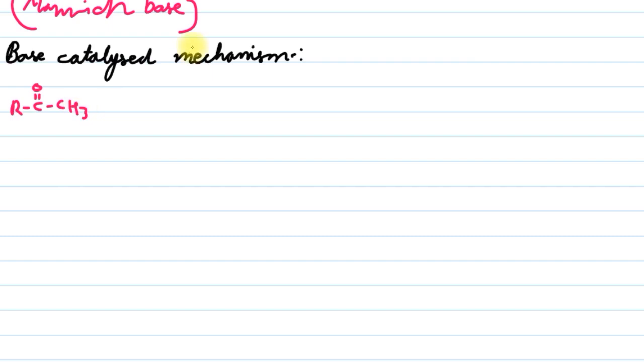This is the ketone, and it is treated with sodium ethoxide base, C2H5ONa, and then we get a carbanion and ethyl alcohol,